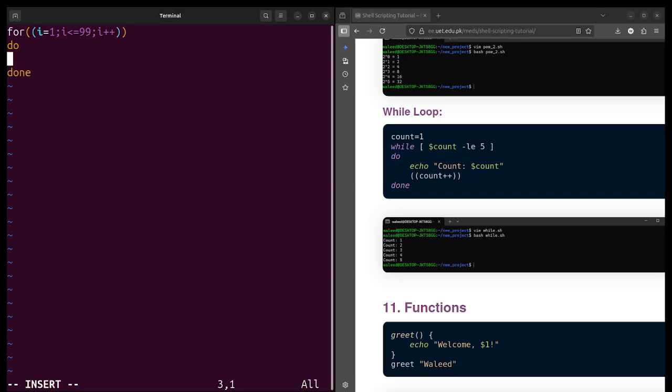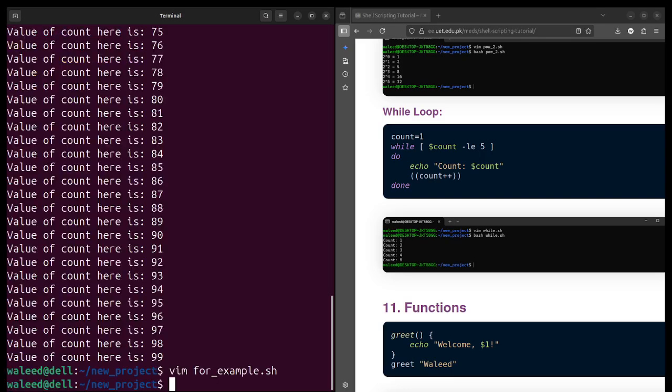For example, I have to print its value is $i. So I have written it inside done, and it will range from 1 to 99. So let's see if it works.